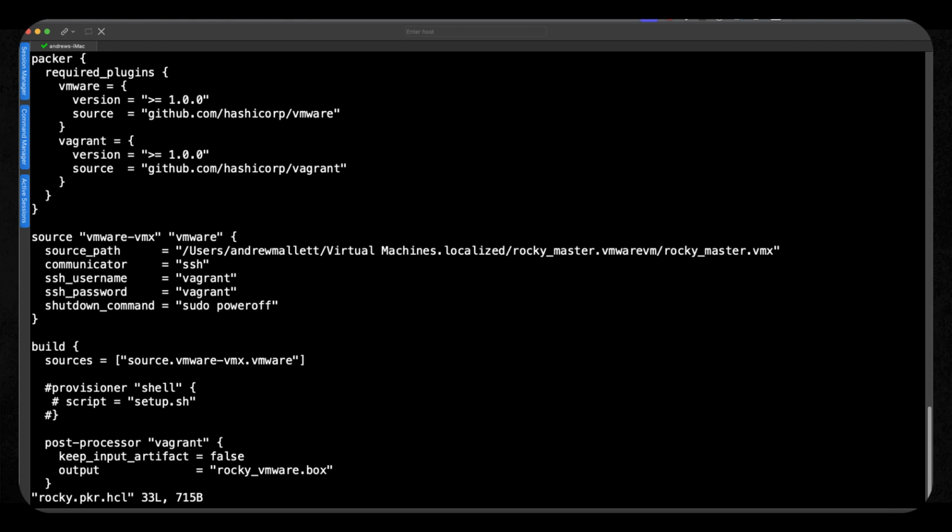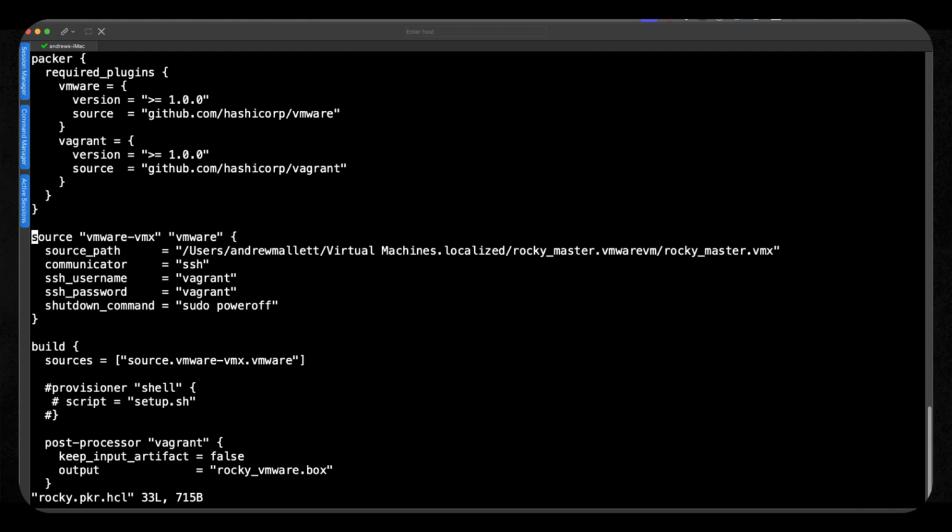But of course, from your point of view, we do need to understand the rest of the configuration file. So we have a source block, and inside of our source block, we're setting up our names. So we're specifying that we're calling this VMware-VMX, and we're using the VMware plugin. The source is where we're now pointing through to the VMX file that we just investigated, and we can communicate through using SSH and the Vagrant user and password.